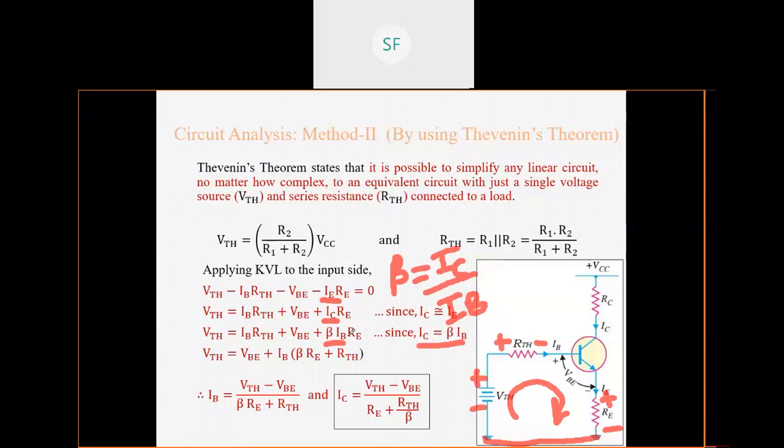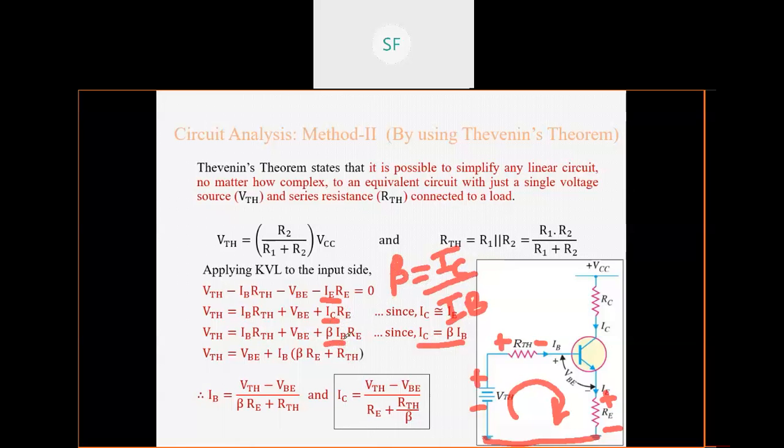Okay, ये manipulation क्यों किया है? Because I want the formula in terms of IB. बेस करंट चाहिए ना, you have to find out the formula for base current, right? So again I am repeating this for you because very small changes are there. So in this case all signs were minus, I have taken them on the other side and I have replaced IE by IC, because we know that IE is approximately equal to IC. And again we have this particular relation where beta is the current gain, and hence we have replaced this IC by beta times IB.